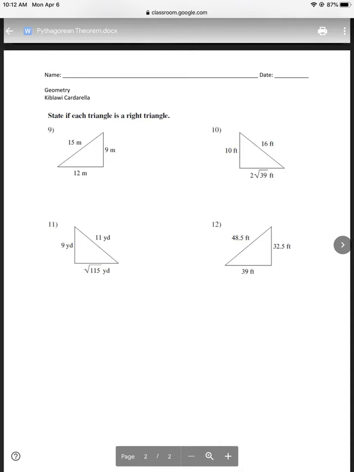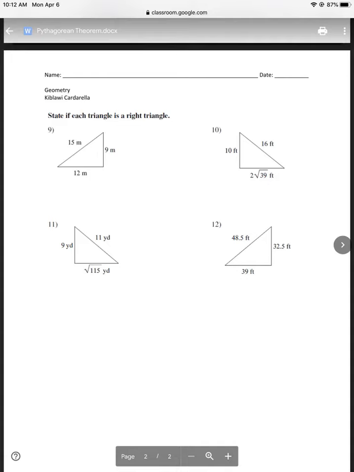All right, so I got an email about some of these questions to see if they're Pythagorean theorem or not, or state if each one is a right triangle. So I'm just going to do example 9, and hopefully that should help you guys out. So as I look at example 9,